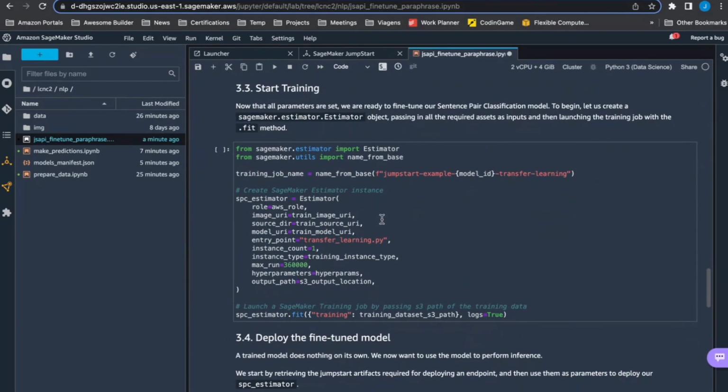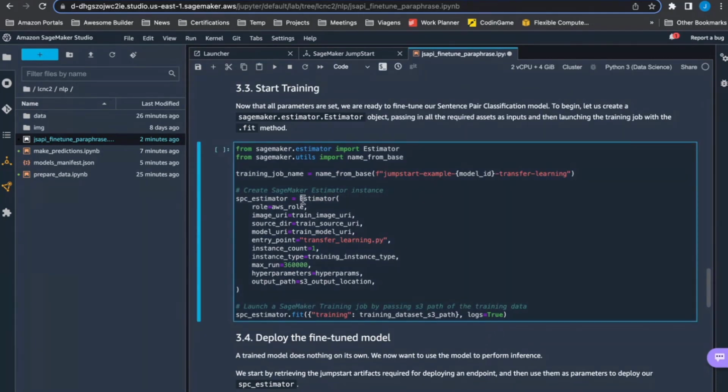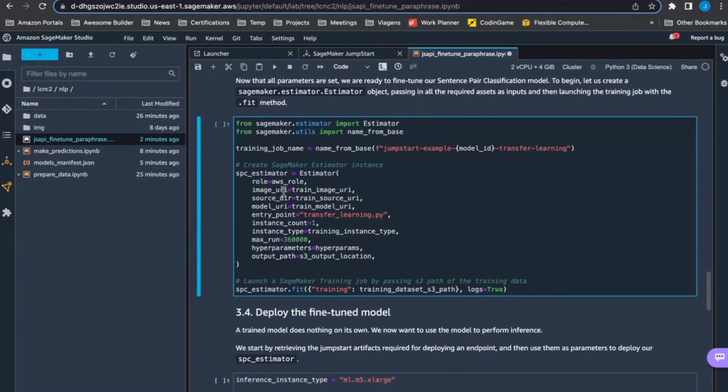So if you're not familiar with SageMaker SDK, I won't get too into this, but the estimator component is the API that handles the whole lifecycle of training. So deploying your instance, starting the container within that instance, training your model, and then uploading your trained model to S3. And the only thing that really matters here is that you can see we're passing in the training image